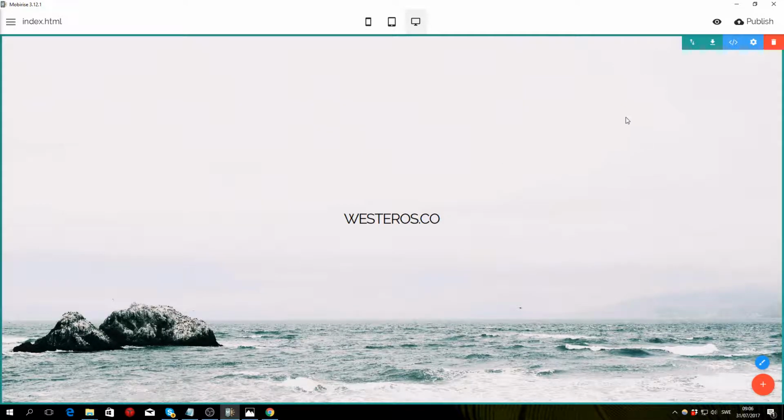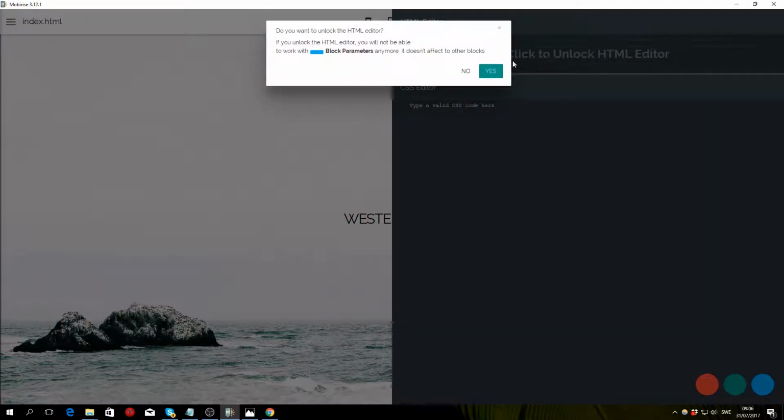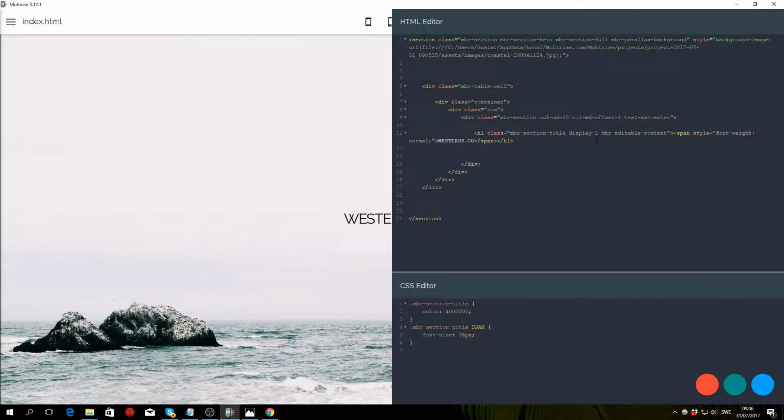Now we want to create the custom menu, so we're going to have to add some HTML. So open up the edit code button and click to unlock HTML editor. Now, if you are creating a real website, the way you want to make the menu is by creating an unordered list and then putting each menu item in their own list item. But in the interest of saving some time, I'm just going to skip that step and do the easy way,